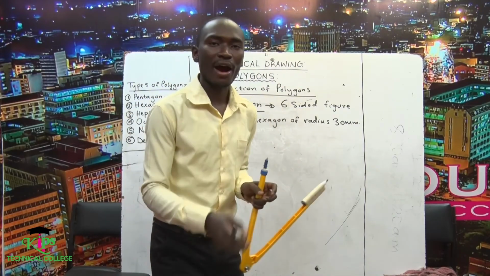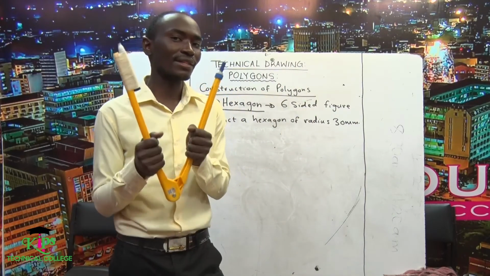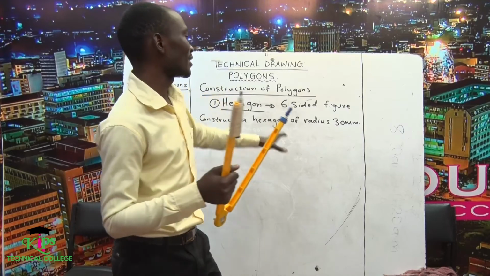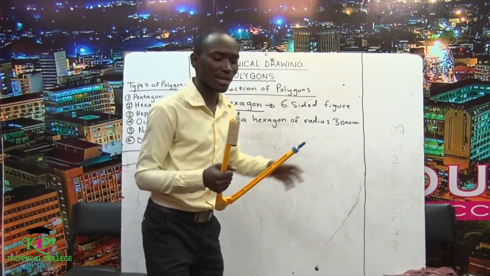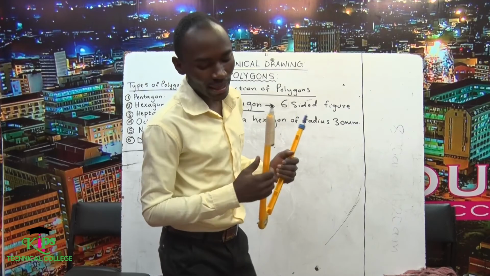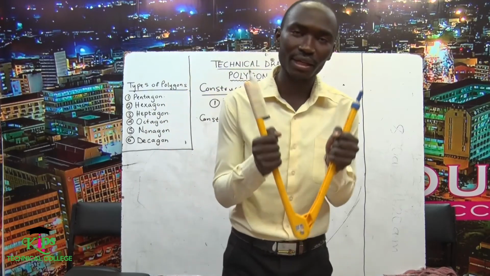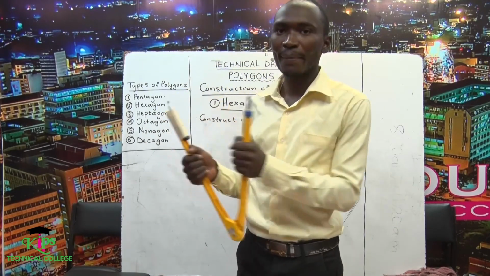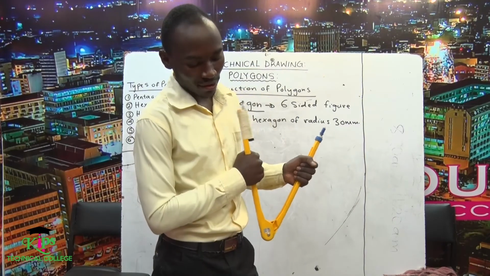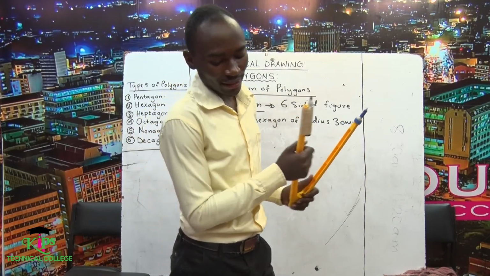Let's say, for example, I have been told to construct a hexagon of radius 30 millimeters. We have got different ways of constructing this particular hexagon. We are going to start with